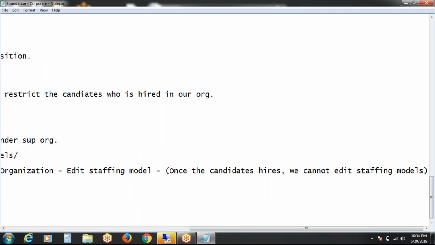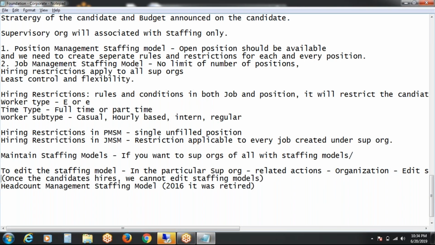The staffing model edit option will not be available in the organization related actions of that particular supervisory organization.